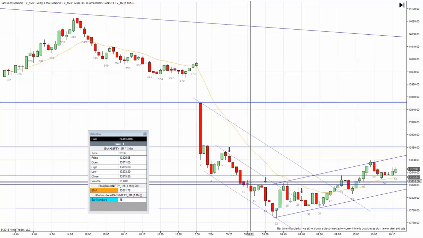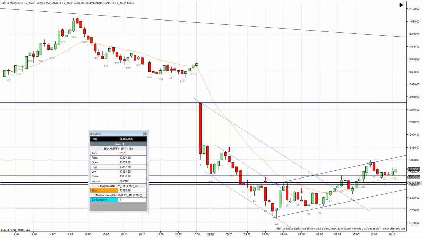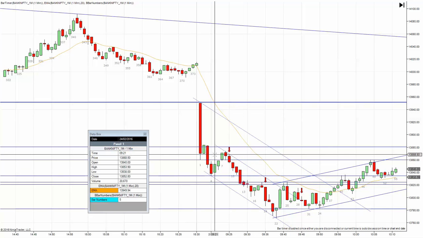Right, for a beginner, they should not try these things out. They should stick to going with the trend, right, and then take stop entries. Okay, and there are opportunities like that. So coming back